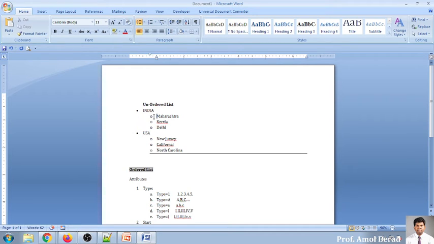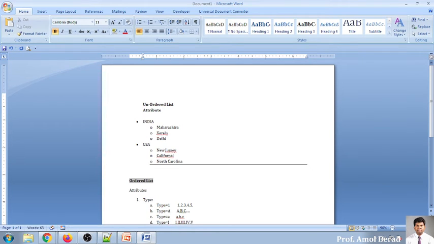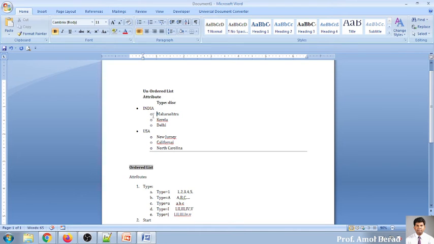Here we have seen that it is a rounded circle, or we call it an oval. You can use different types over here. In the unordered list, the attribute used is only type, and you can give a value like disk. Disk means like this.